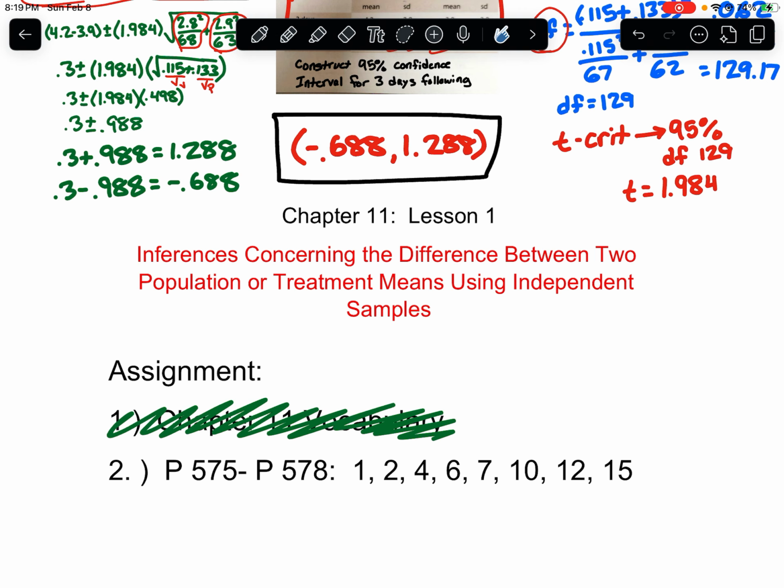The assignment for lesson 1, and again, this is minimum 2 days, possibly even 3, we'll see how it goes, is going to be pages 575 to 578: 1, 2, 4, 6, 7, 10, 12, 15. Again, hopefully this helps a little bit. Pause, rewind, rewatch, whatever, ask questions. If there's anything that I maybe said that didn't match up with the video and I just overlooked it,